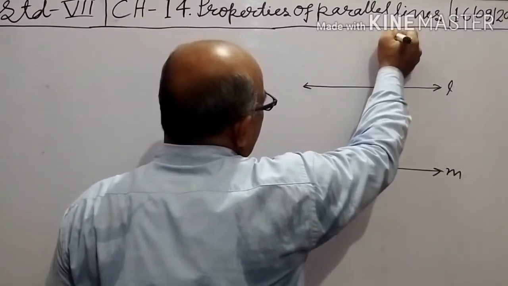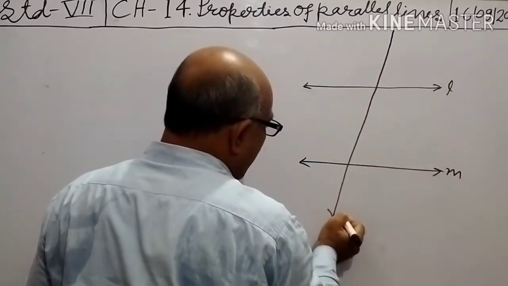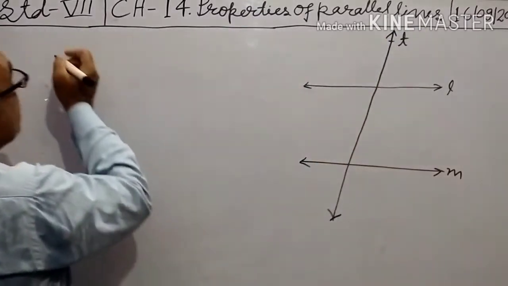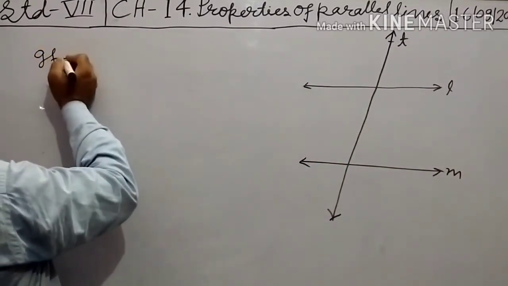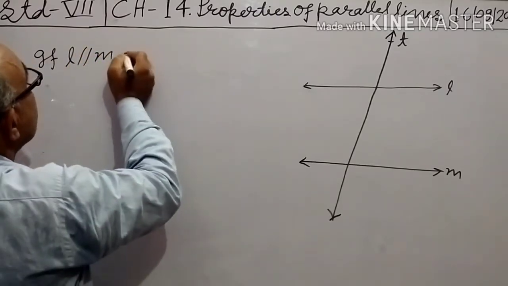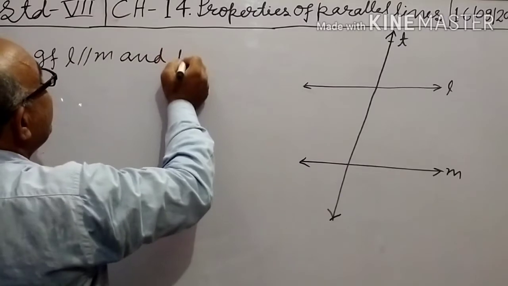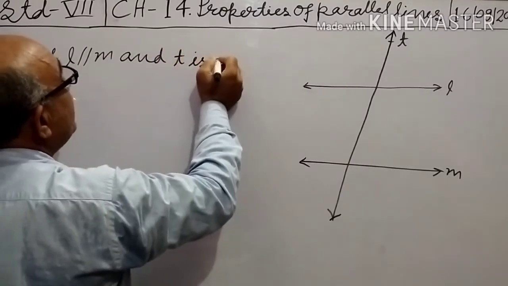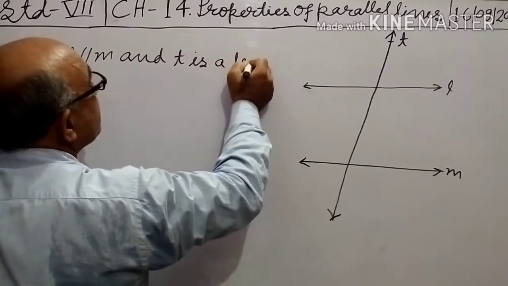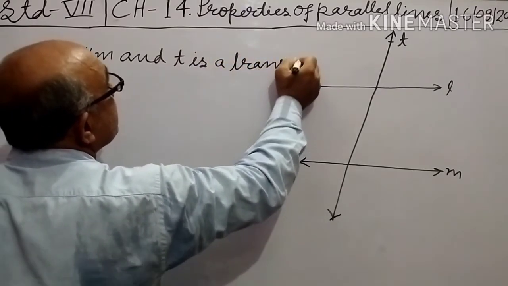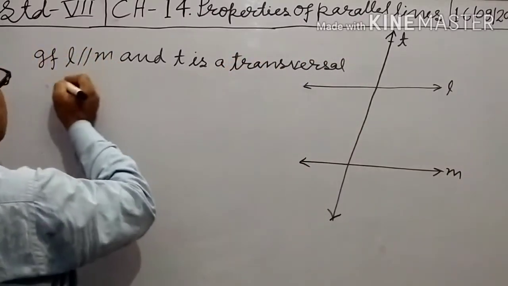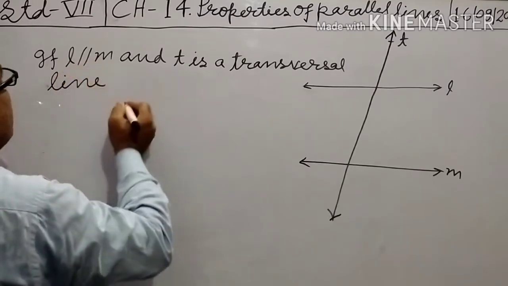They are parallel to each other. Draw one transversal line T. So if L is parallel to M and T is a transversal line,